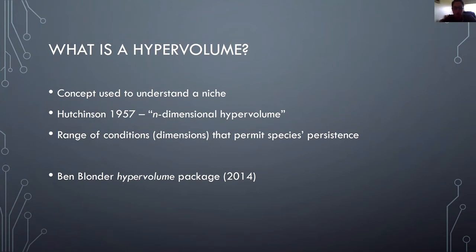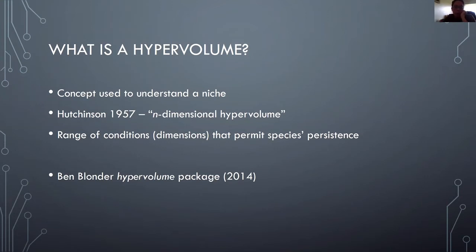The general concept is that it's this range of conditions, think of all environmental variables that are required, whether it's biotic or abiotic, to permit a species' persistence. For realized niches, it doesn't necessarily have to be in perpetuity,